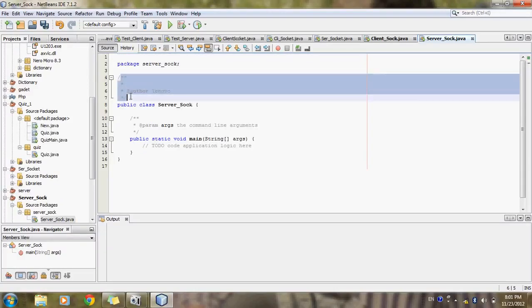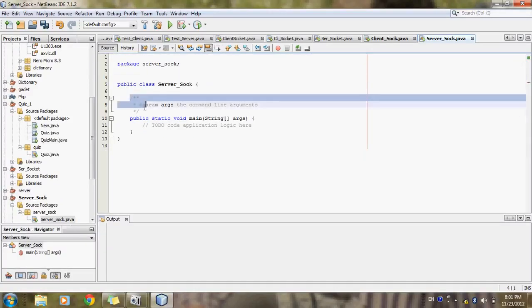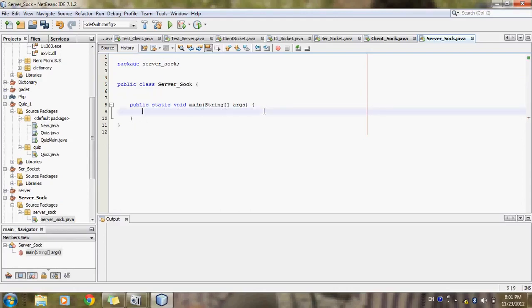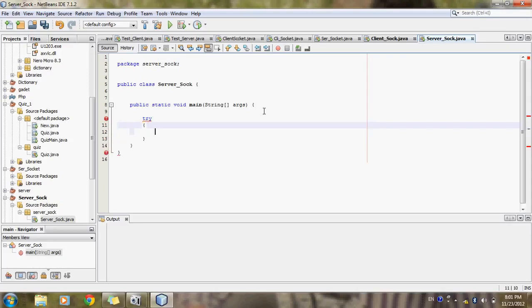A new window for the server socket. I will write the code for the server socket here, similarly to the client I already wrote. Here I will use the server socket and the try catch block for accepting the data which will come from the client. Catch exception handler,